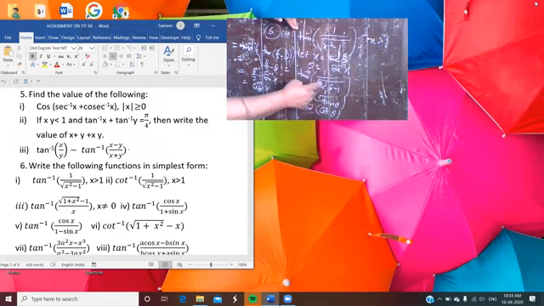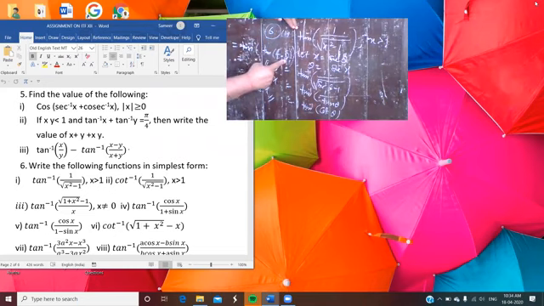Now put it here. So sec square theta minus 1 is tan square theta, so you can write 1 by tan, and 1 by tan becomes cot. So here you have tan inverse cot theta. This cot theta is to be written as tan inverse of pi by 2 minus theta. So here you have the form tan inverse tan of pi by 2 minus theta, which is written as pi by 2 minus theta by the formula tan inverse tan x is equal to x, and x belongs to all the real numbers. You know that also.